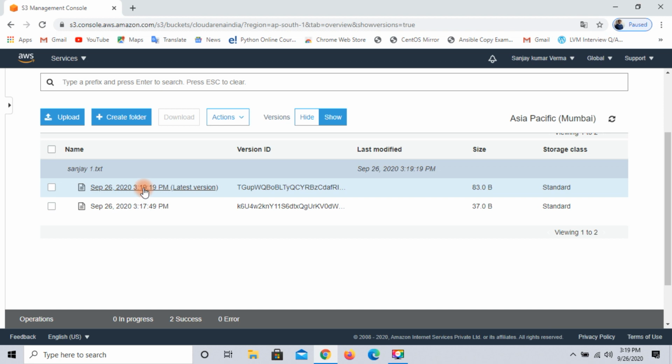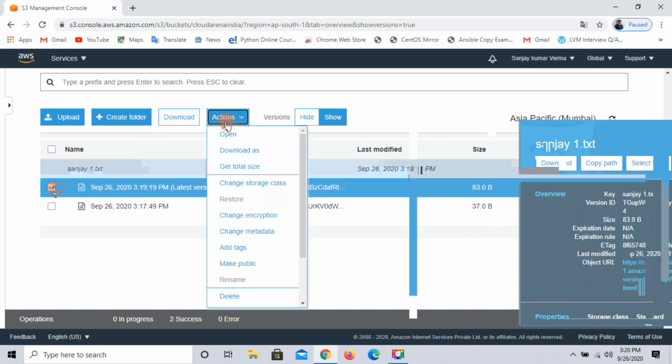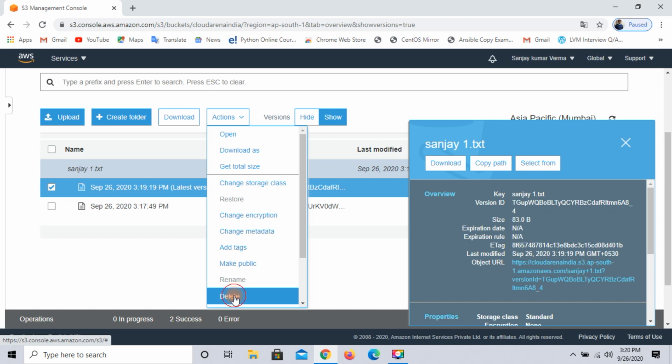So like this, S3 controls versioning. It will show you two files. I am charged to keep two variants. The advantage of this is that if something goes wrong with my second file, I can restore my first file anytime. If someone tries to delete the file, select the file, look, I am going to delete this file. Click action and you can see delete. I am going to delete this file.